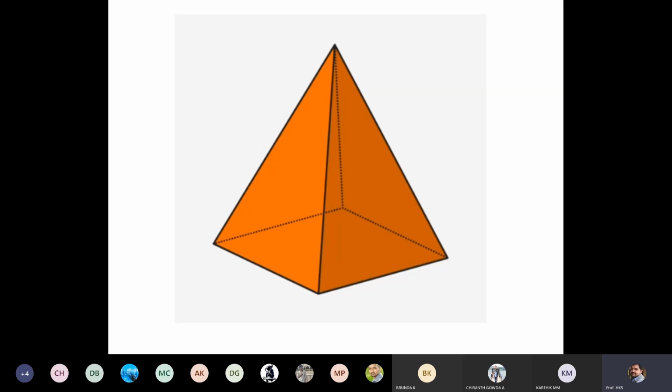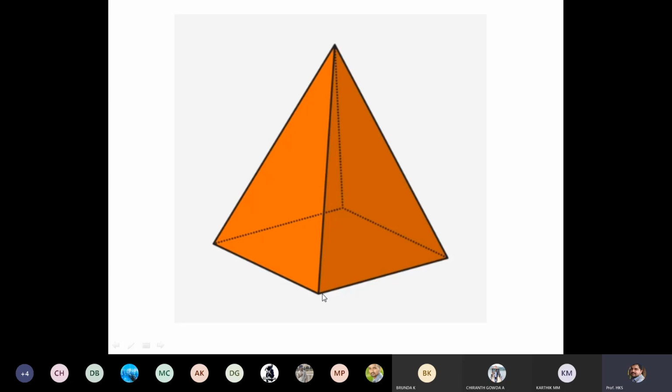In the case of a prism, you call them lateral edges, but here you cannot call them lateral edges. The reason is these are not vertical, these are inclined. In prisms they are vertical, exactly perpendicular to HP. But in this case, all these edges are inclined. So that's why we call these slant edges. Slant means inclined.